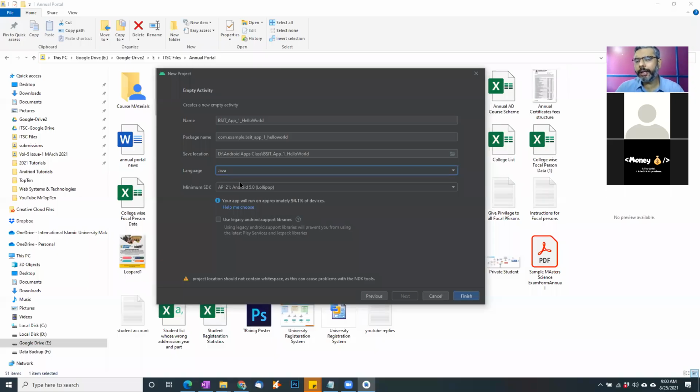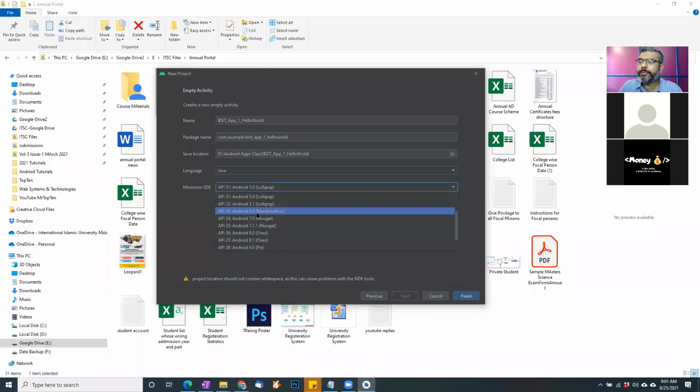It has a larger community, in other words, so we recommend going for Java. And since you have already done that in previous class, it becomes considerably easy as well. Second thing is the most essential. Which SDK do you want to use for your development? Do you want to use Android 5.0 Lollipop? Do you want to use the latest versions or previous older versions? Now, what happens here is that if you choose, for example, the default Lollipop Android 5.0 version of the API, it says that your app will approximately run on 94% of current devices.